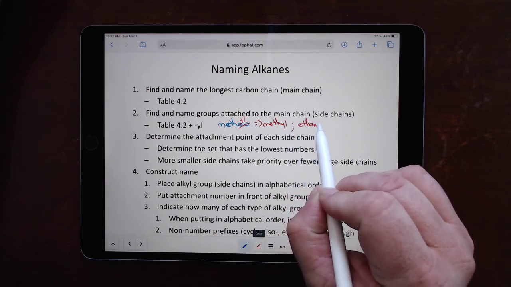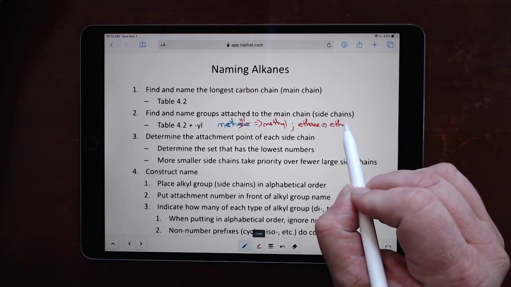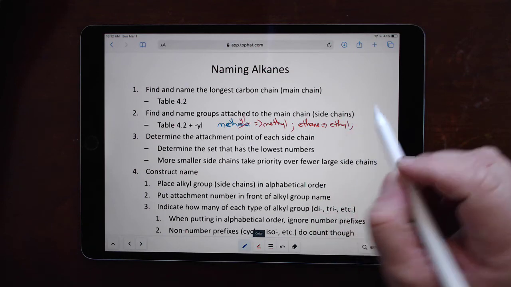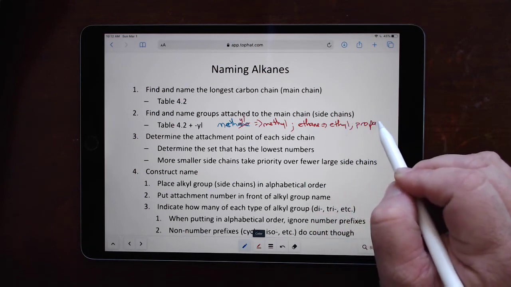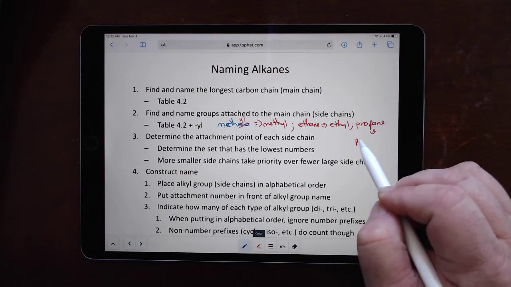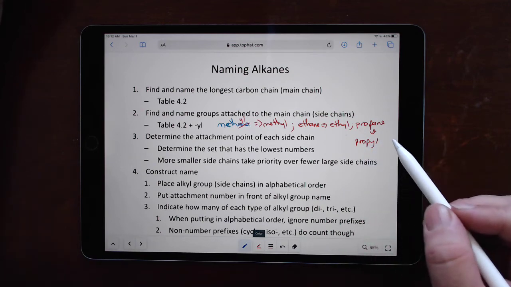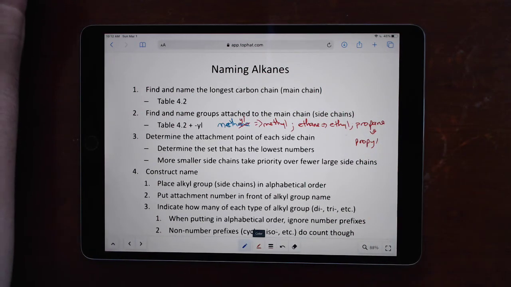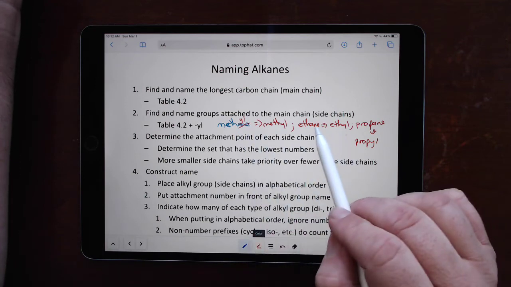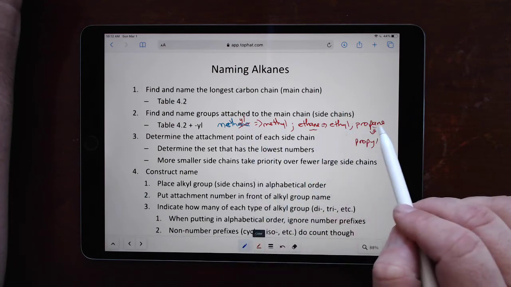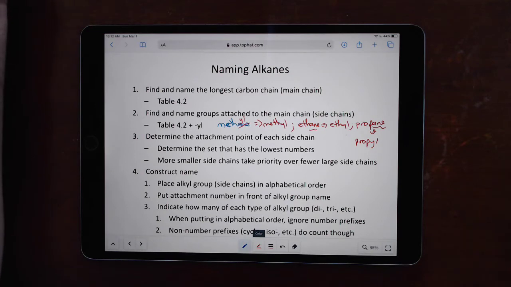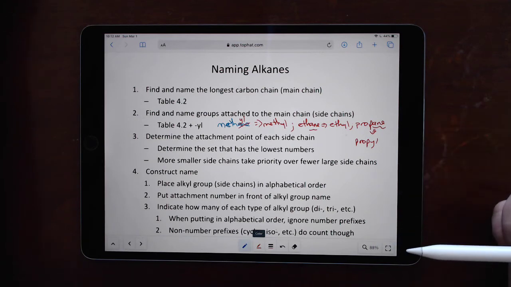Ethane becomes ethyl, right? Propane becomes propyl. Now you may have heard this before as isopropyl alcohol, right? That's the propyl. And so on and so forth. So if you had a 6 carbon side chain, it would be a hexyl. You just take off the A and E and add YL to indicate that those carbons are part of the side chain. Now that you've got those listed, and you'll see me actually list them out,